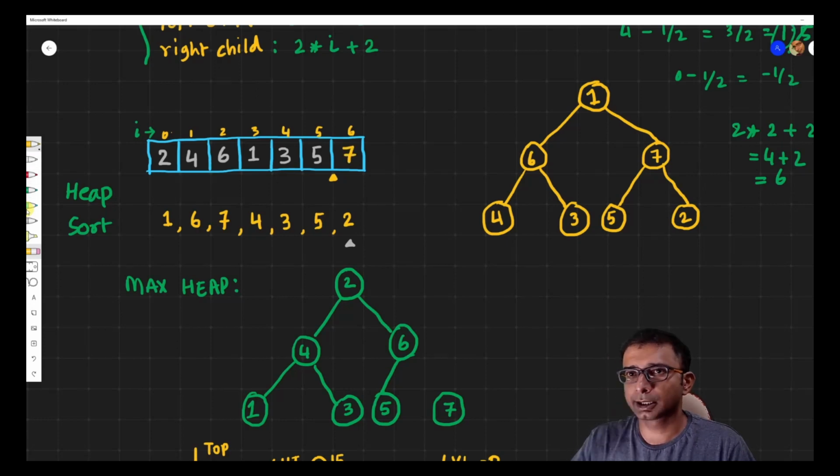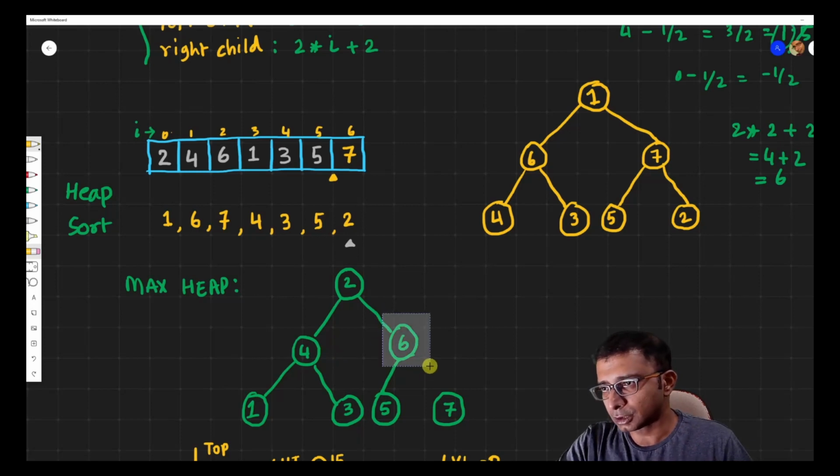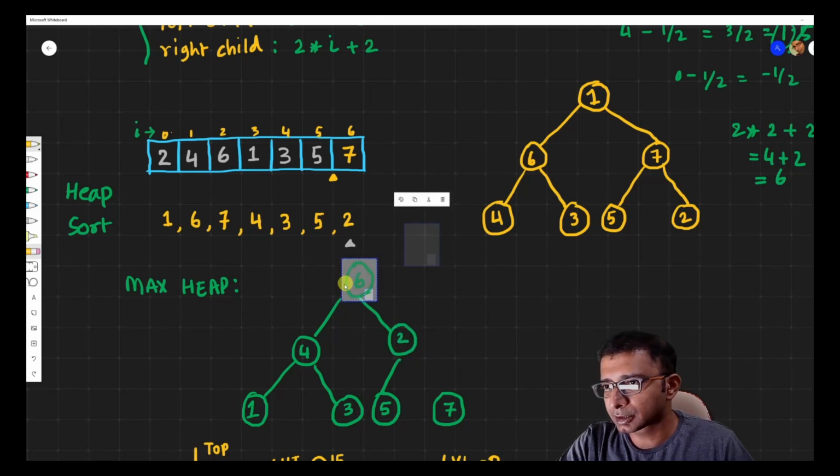So if you look at it now, that 7 is in its right place, right? So 7 is now disconnected, and we see that the rest of the heap is not fine, because 2 is not the maximum element. So what I am going to do is check both the left and right child of 2, and pick whichever is greater than 2. So 6 is greater. We are going to take 6 and replace it with 2,